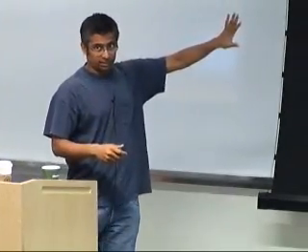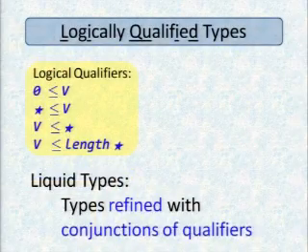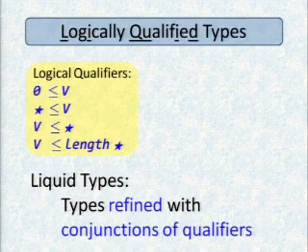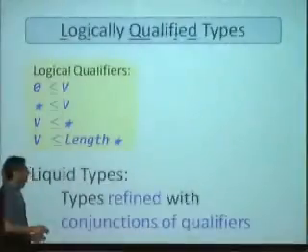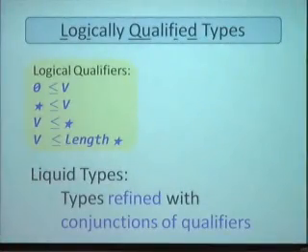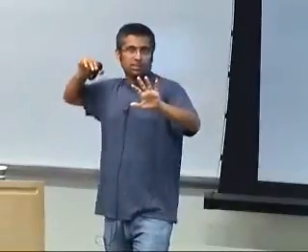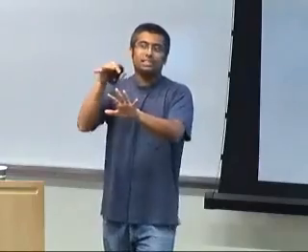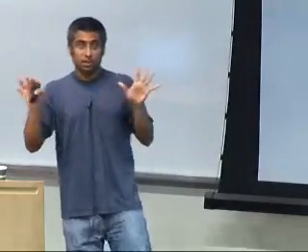These are going to be the annotations in our system. And now the liquid types are types that have been refined, where each of those refinement predicates, the blue things that were used as refinement predicates, each of those is a conjunction of qualifiers. Okay, so all we're going to do is, for each type that we're going to infer, the refinement predicates are just going to be which of these qualifiers can we stick into those places so that everything makes sense. That's really what inference boils down to. Okay, so you can just write down a whole bunch of qualifiers and throw it at the system, and it'll figure out what sticks. And that's going to be inference.